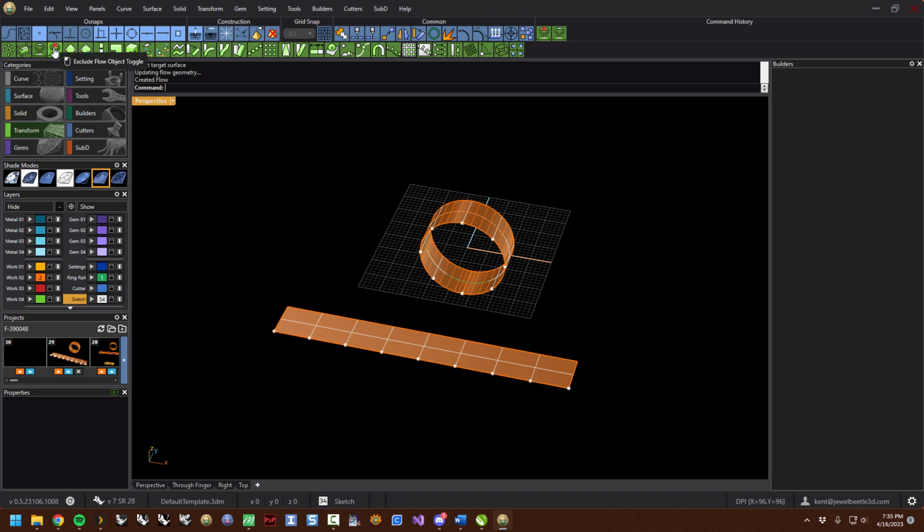So we'll go ahead and click Exclude Flow Object Toggle, which was the shortest name we could come up with. And it says select the objects to toggle for exclusion. And the one option that you have is delete child objects. So these are the parent objects, and these are the children that got flowed up onto the surface. So if we don't want these to even be up there, okay, then we can leave this on yes,